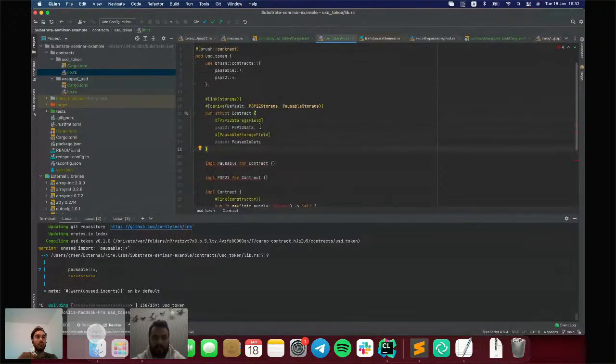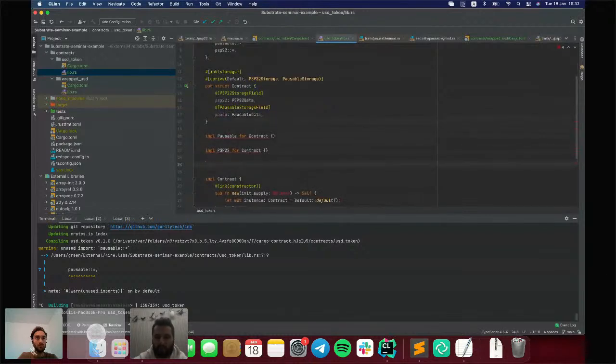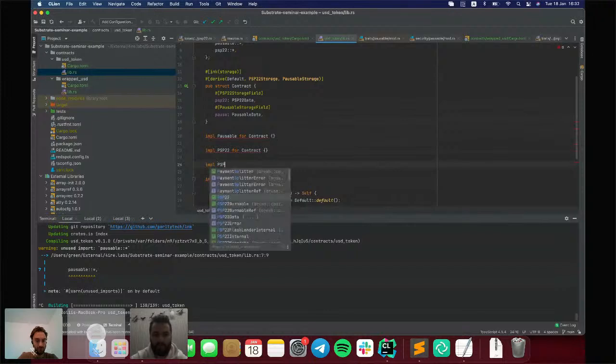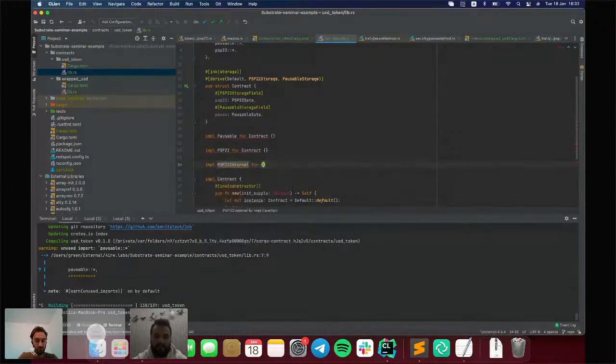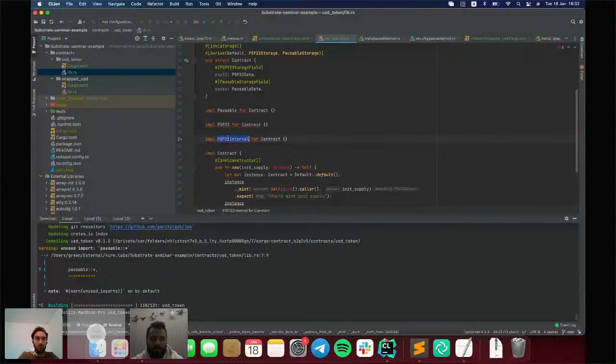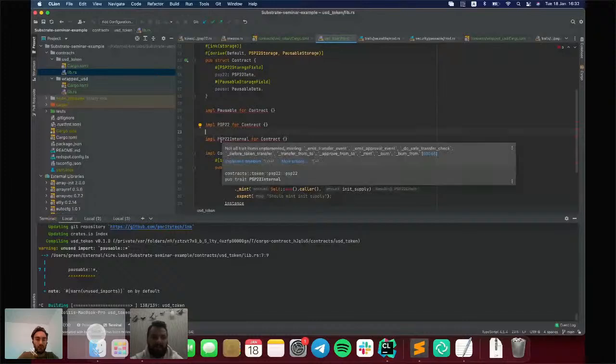And now I will show you how we plan to use it. OpenBrush also provides additional traits related to internal implementation. They are named after the public trait with an internal suffix.